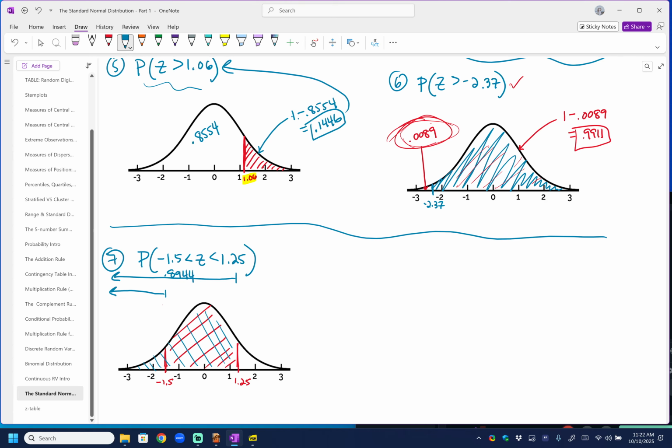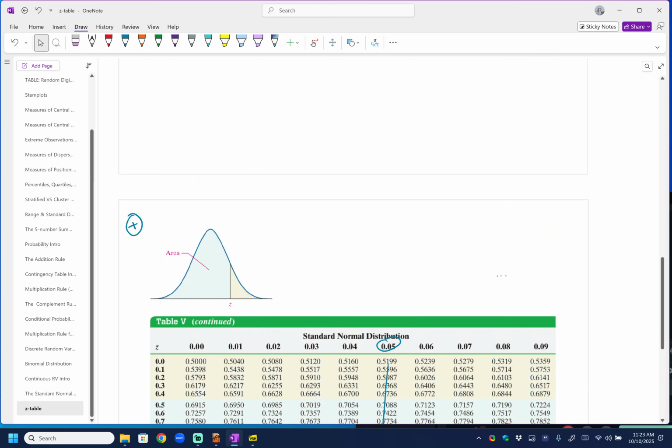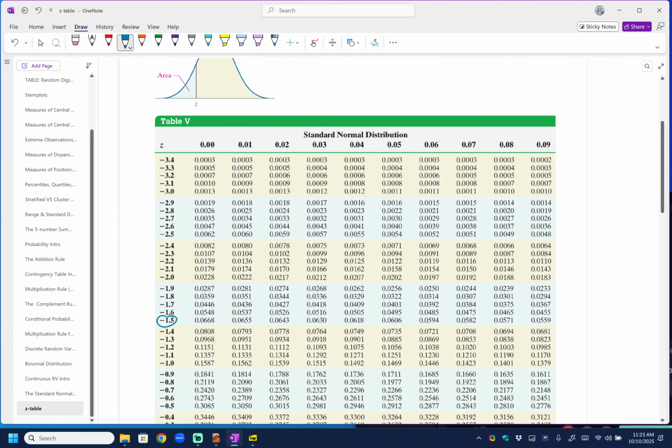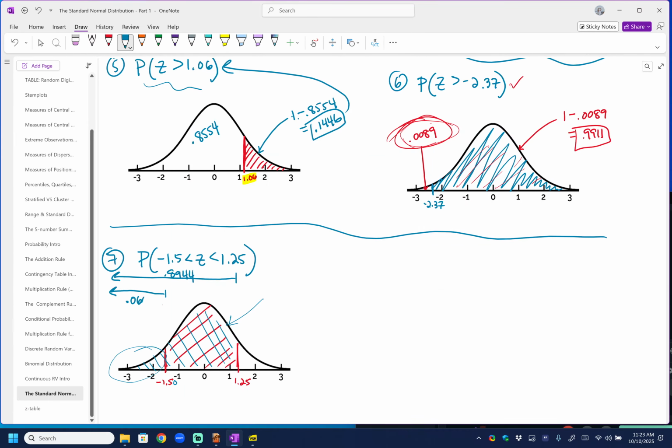Now, I need to take out all of this area so that I only have what's in the middle. I can find that by looking up negative 1.5. Now remember, if it says negative 1.5, that implies that there's a 0 there. So then we have to go to the negative side of our chart. We have to find negative 1.5 and then just a 0 and meet halfway, and we're going to end up with 0.0668. So that is going to be this, which means if I want to find this area right here, then I have to do 0.8944 minus 0.0668,